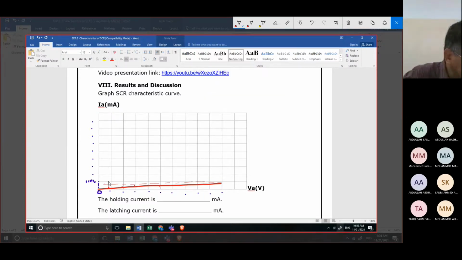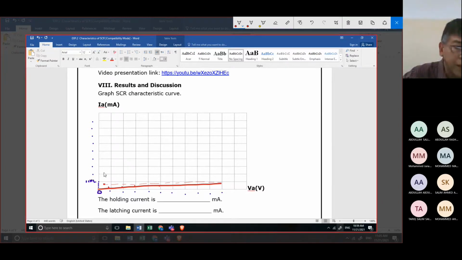At VA, we have 409.77 millivolt. So around here. And then the current is 472.17. It's around here. This is the first reading. The next at 4 volts, it is 497, and then the current is 1.2 milliampere.